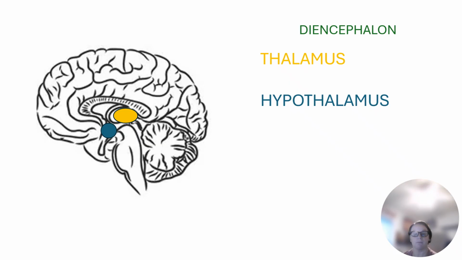The last area of the brain is the diencephalon, and this is actually located on the inside of the brain. So the image on your screen is actually a brain that's been cut in half so that you can see the inside. The yellow circle is the thalamus, and it is a relay station for sensory and motor signals. And the blue circle is the hypothalamus, and the hypothalamus regulates things such as hormones, temperature, your hunger, things like that. So that's the